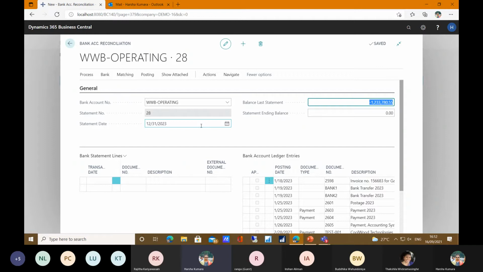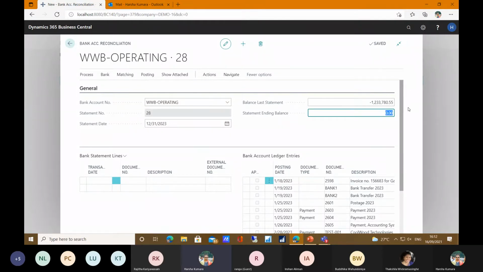And once you pick the date, your bank reconciliation card will automatically prompt you with the last statement value. Assume this amounts to 1.2 million. Then you have to enter the statement ending balance. Once you enter the ending balance, only then can you go to the bank statement reconciliation, with the automated and manual reconciliation methods.